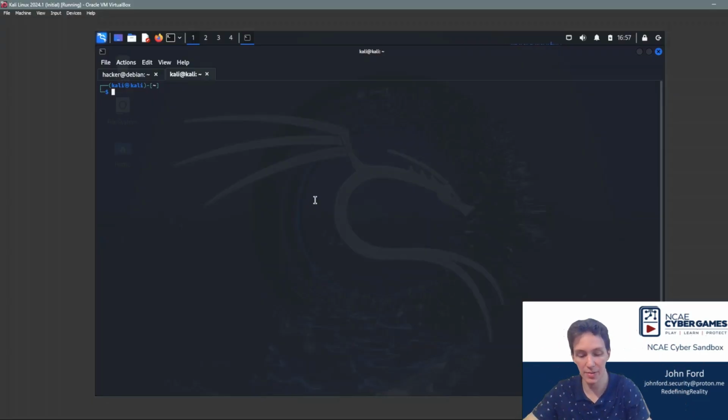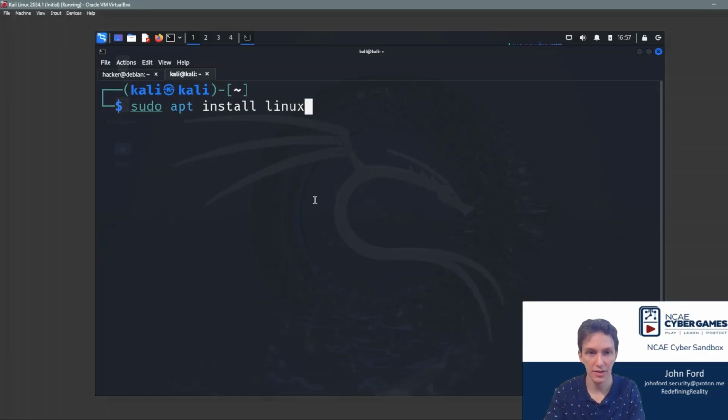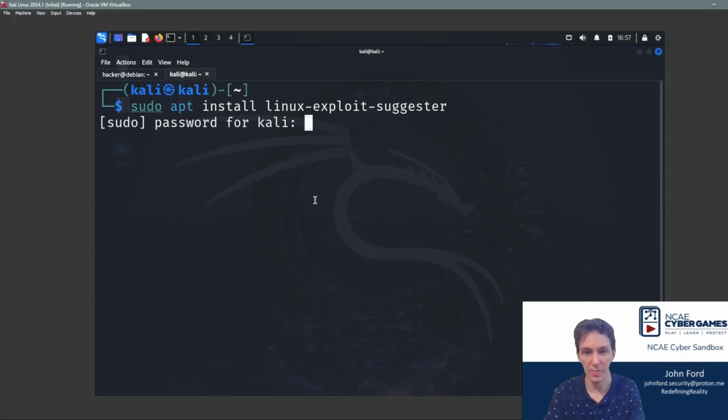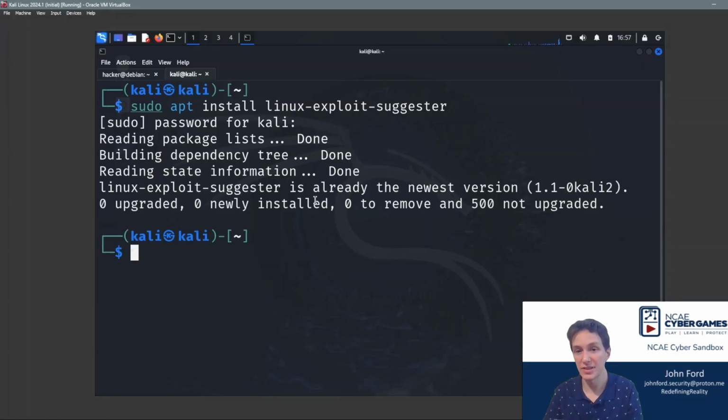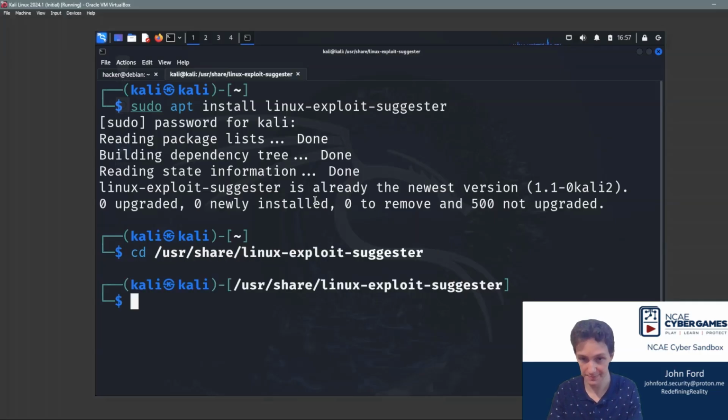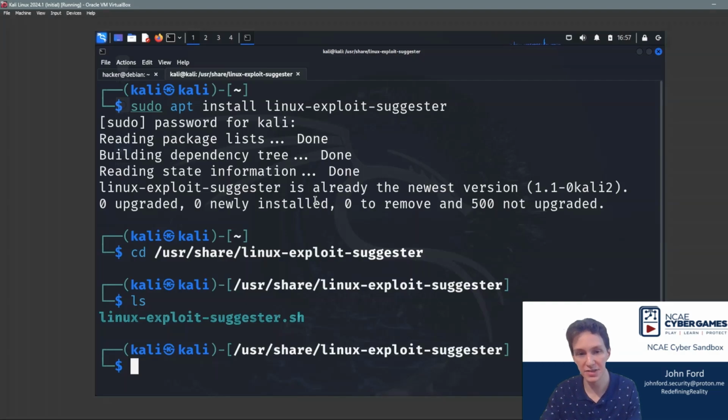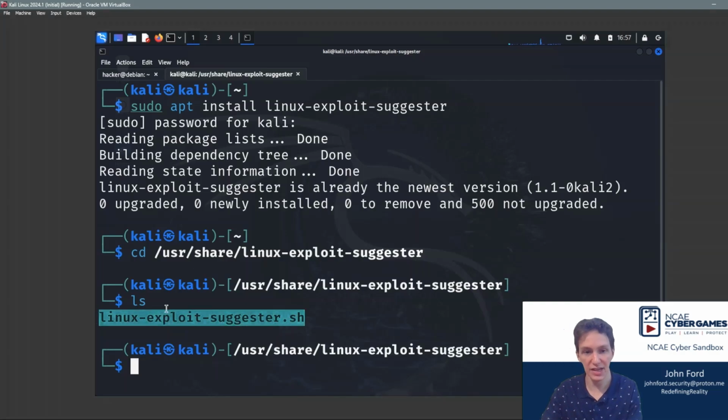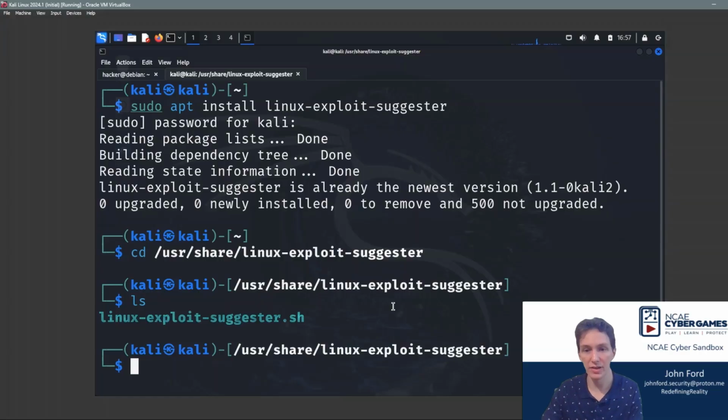initial access on the machine in that other tab. But then in this tab, I'm going to do stuff on my Kali machine, and I'm going to say sudo apt install linux-exploit-suggester. I have to enter my password. You'll notice it's already installed. Once it's installed, I can go to /usr/share/linux-exploit-suggester. And if I print out the files, you see we have this linux-exploit-suggester script that we can run